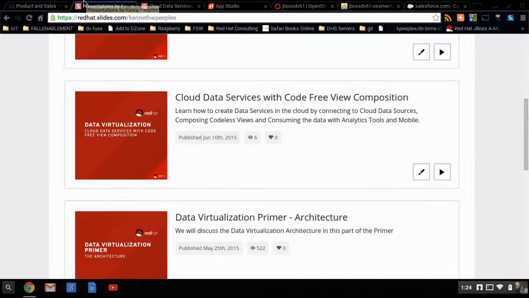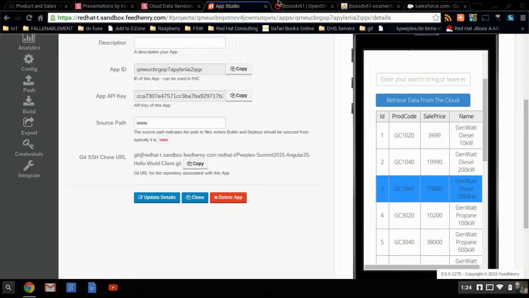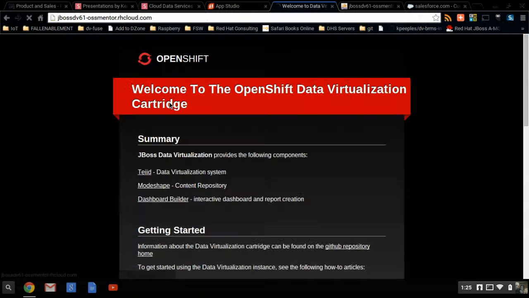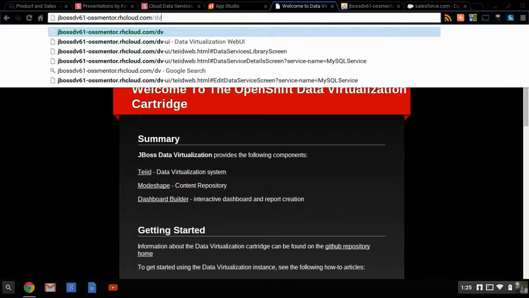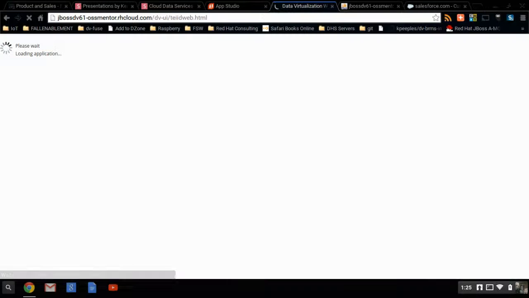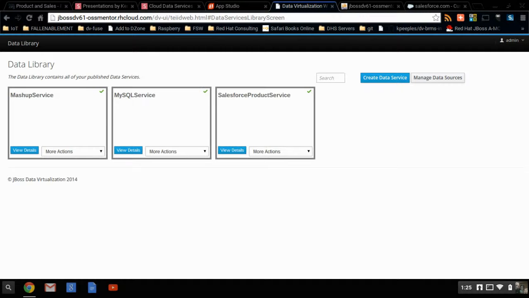So if we come back to the right place here, I have a lot of things open. So this is the OpenShift application I created. I've added the MySQL data, and I have my Salesforce information. But what's really nice that we have right now, which helps in composing code-free views, as I call it, if we go to our web UI, this is the meat of our demo here, really,